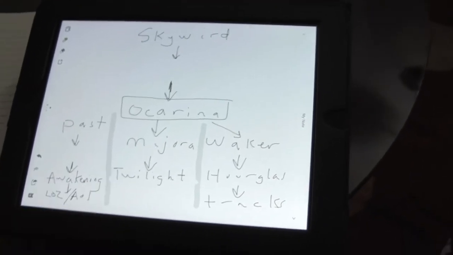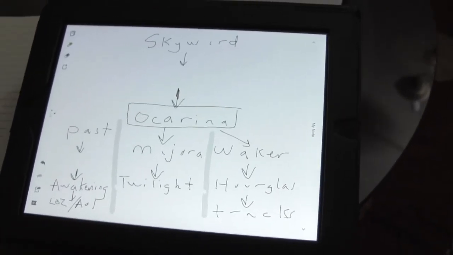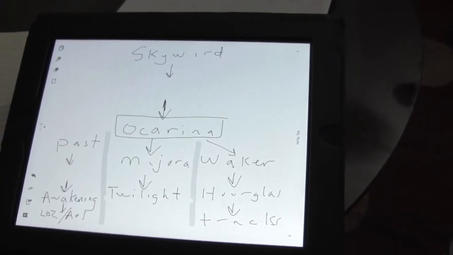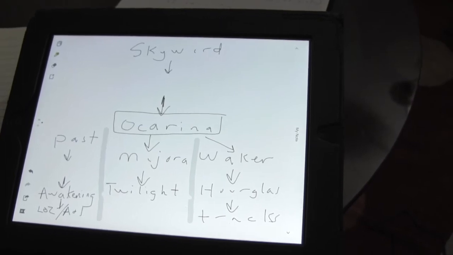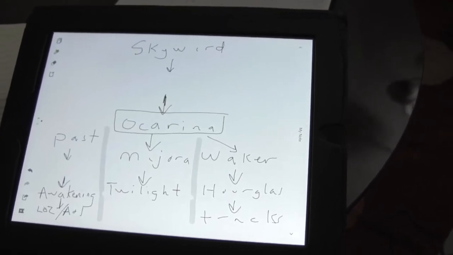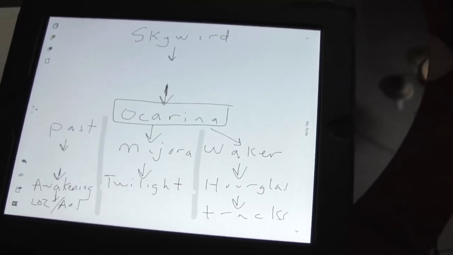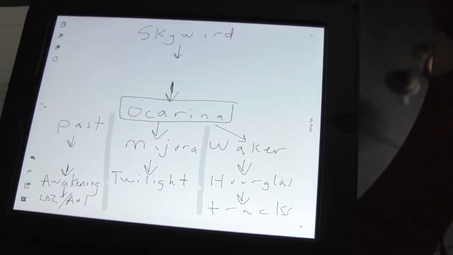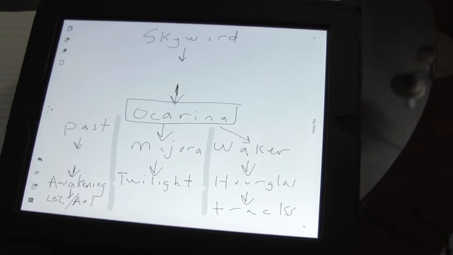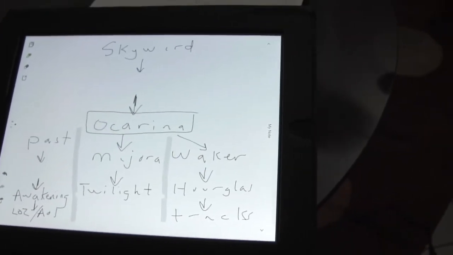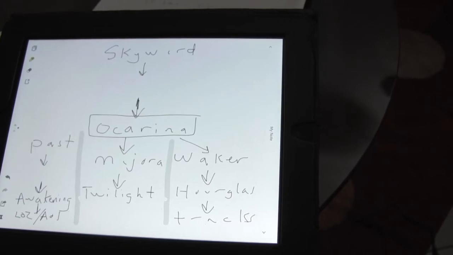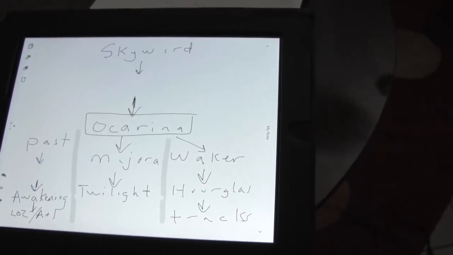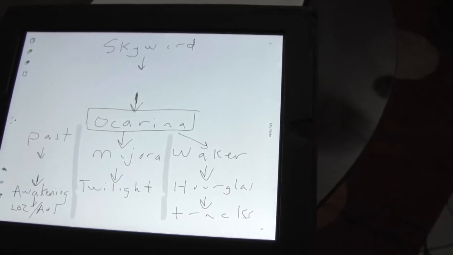So what I've displayed here is the timeline we all know and love, what has been confirmed for the past few years or so. As you see here, Skyward Sword follows Ocarina of Time, and then Ocarina of Time splits into the child timeline, which is Majora's Mask and Twilight Princess, and the adult timeline, which is the Flood timeline, or this Ocean era, or the New Hyrule era, whatever they call it, where the Wind Waker, Phantom Hourglass, and Spirit Tracks are.